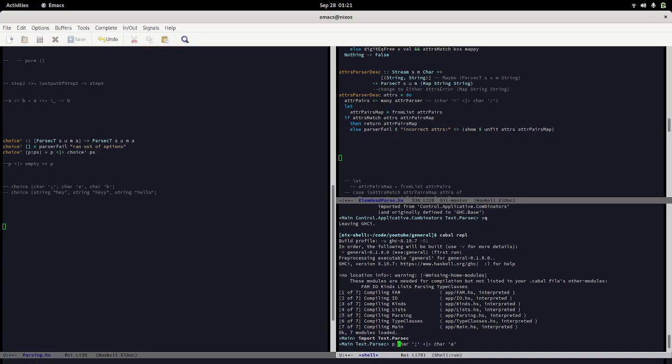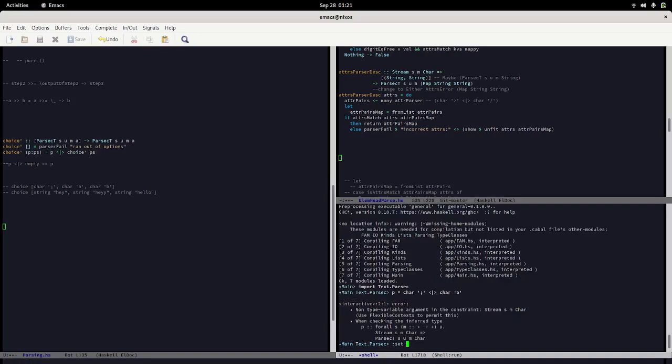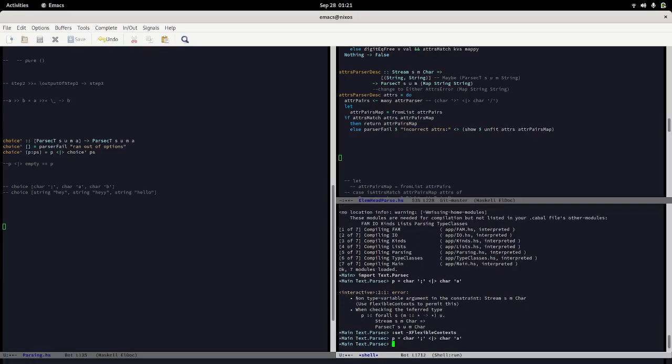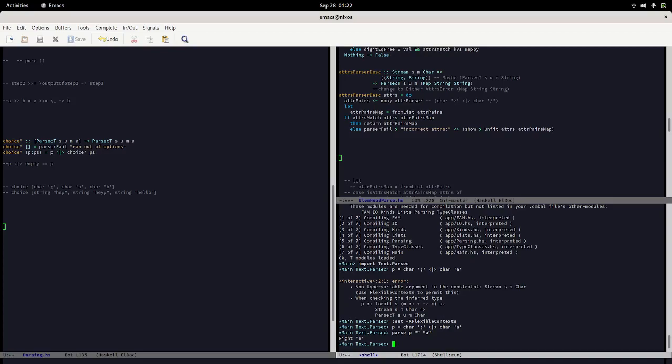And so let's say this is our parser here. I can still use this and it will not fail, even if, let's say, this is A, and so it has to fail once in order to get to the A. This is going to be completely fine. But if I was to say instead that I want to do string of "hey" or string of "what's up",